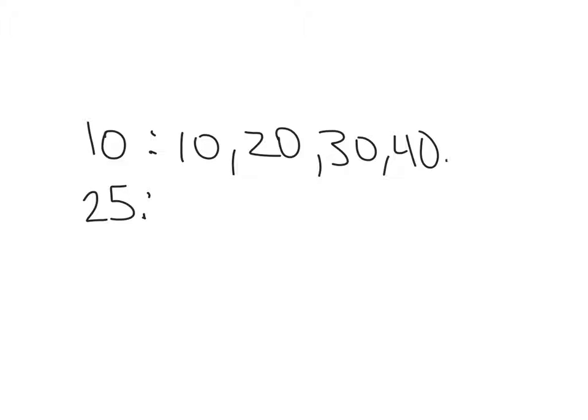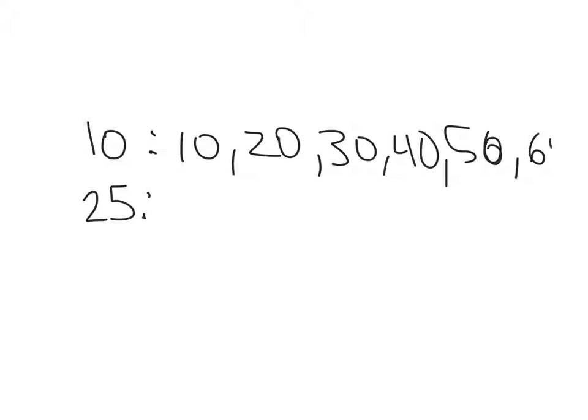So now we're going to talk about what common multiples are. And common multiples are multiples that are shared by one pair or more than a pair of numbers. So the easiest way to see this is to look at a set of numbers and to see where there are common multiples. So here we have for 10, the multiples are going to be 10, 20, 30, 40, 50,